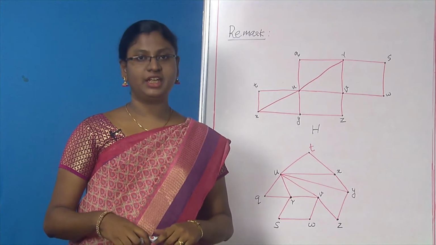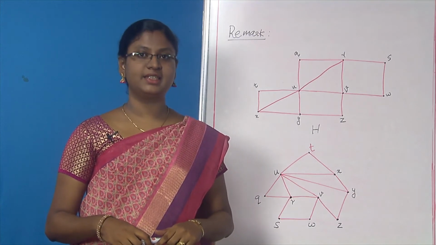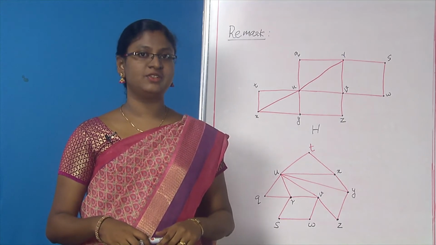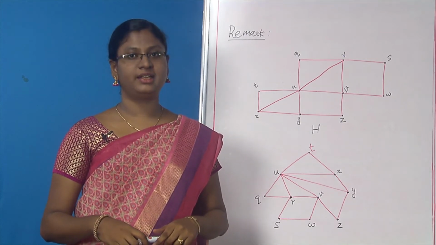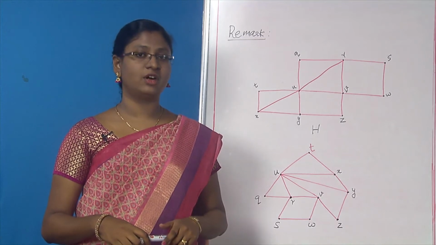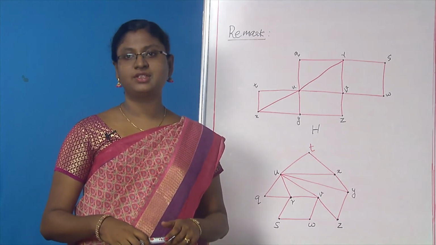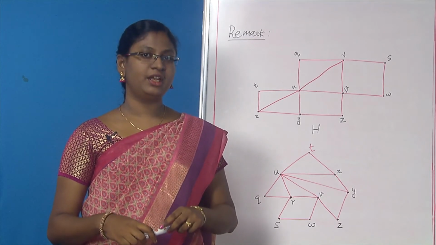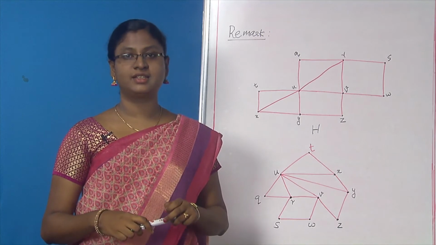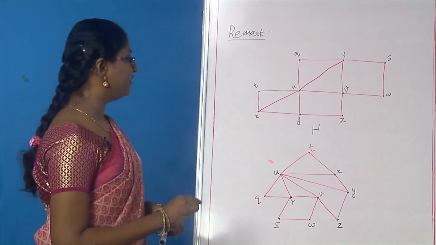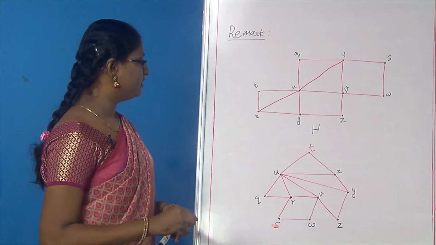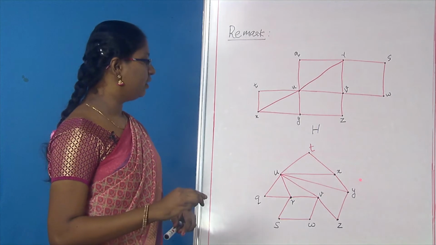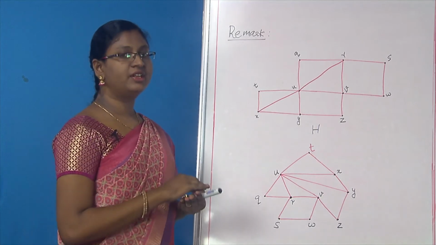At times, we need to visualize a graph by considering the distance from a particular vertex in order to make the process of finding eccentricity so simple. Here we have seen a graph where we found out the eccentricity of all the vertices. If you find that process difficult, you can go for the method that I am going to do now. That is, I am going to redraw a graph considering the distance from a particular vertex. So, here I have a graph H. I have redrawn this graph considering the distance from the vertex T. What I did was I collected the vertices of the same distance.